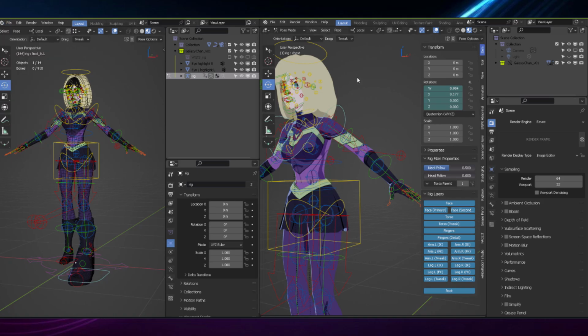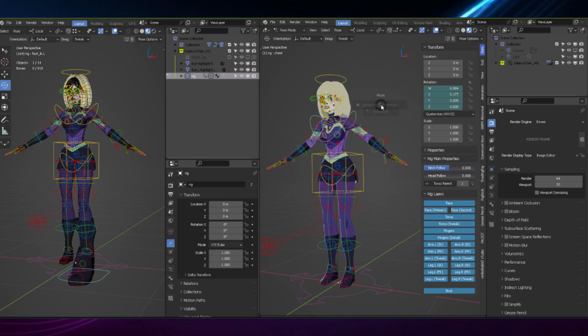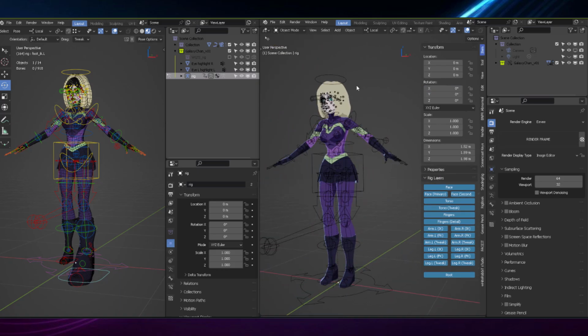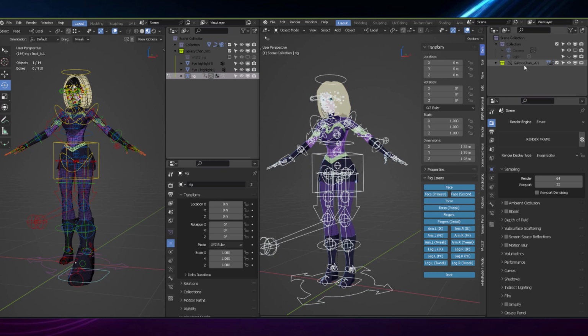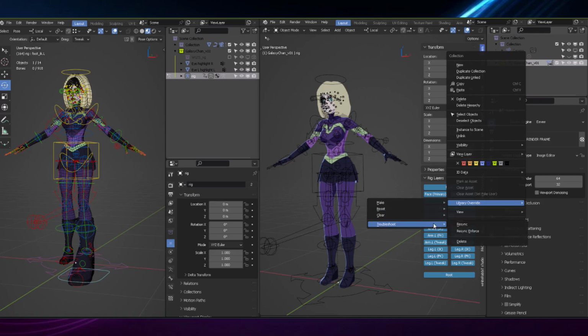And once it's saved, you do your entire animation, you do your entire stuff, but then how do you see it updated? How do you know that the original source file has been updated? Well, you can come here to the original collection, right click, and then in library override you can come here where it says troubleshoot. Where it says troubleshoot, you have the option to